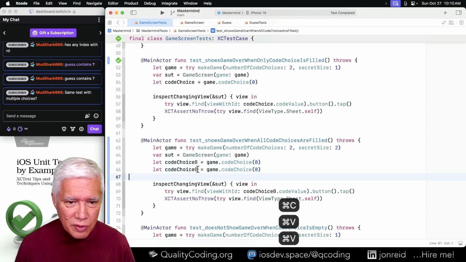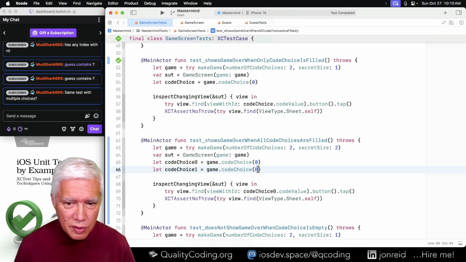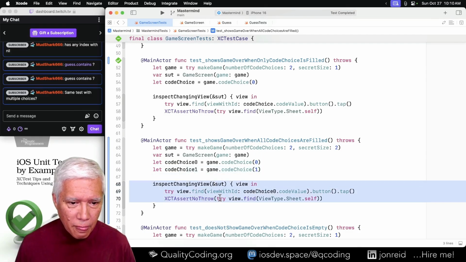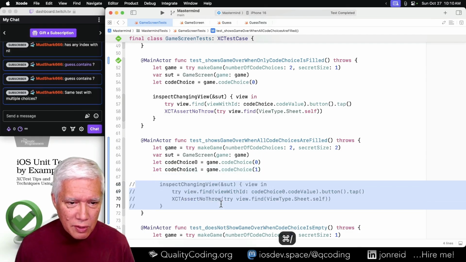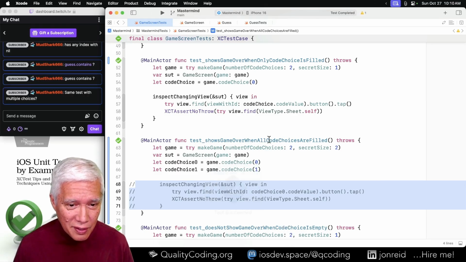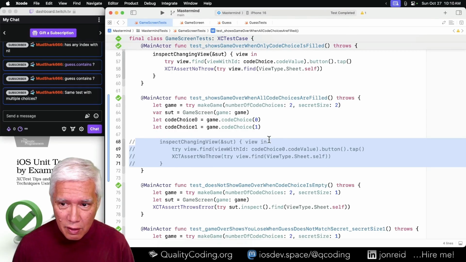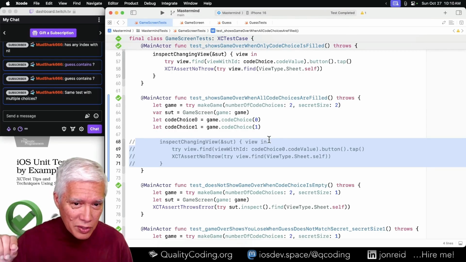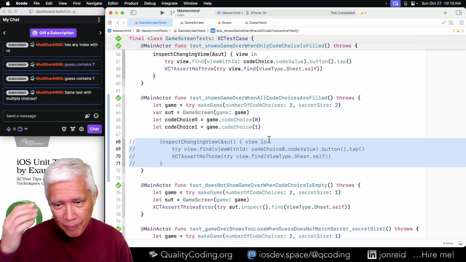So if we have 2 code choices, and I just want to make sure that what we have so far doesn't crash, then we need to do one tap and then another tap.